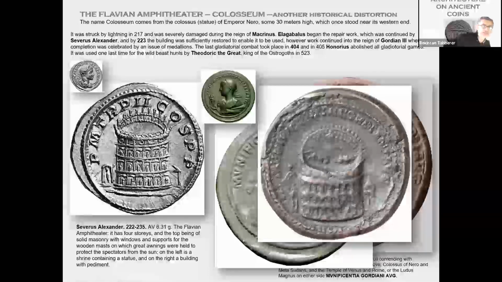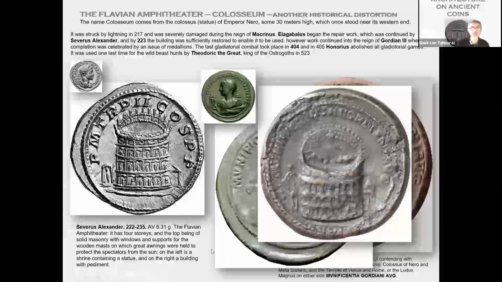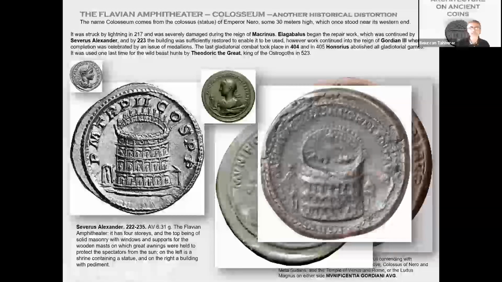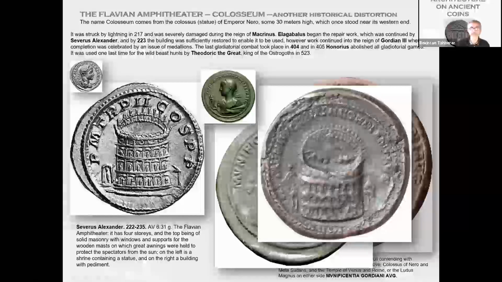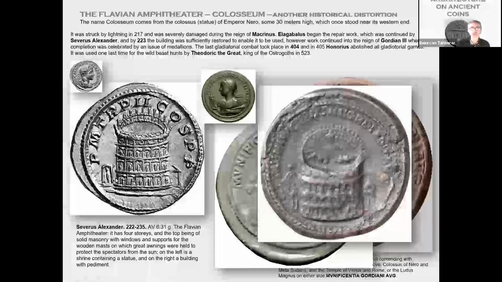We have the depictions of this monumental building on the coins of Severus Alexander. This is a gold coin. I couldn't find a color photo of it, but the black and white photo is clear enough to see the details. And we don't see the Colossus of Nero here. This is really curious. It might be the choice of the